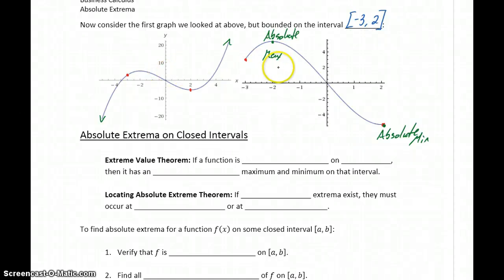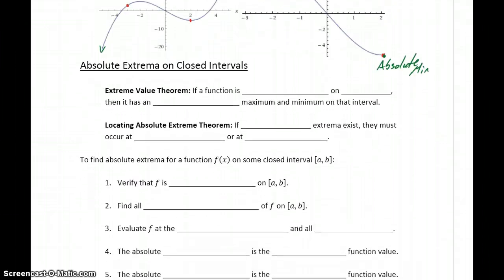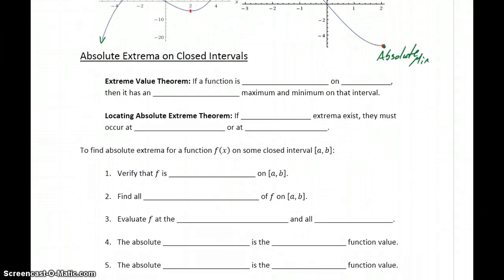These two graphs give us a visual representation of two very important theorems that we're about to introduce. So keep in mind what we did was took a function that originally had no absolute maximum or minimum because our function continued increasing to infinity, decreasing to negative infinity. Then we restricted the domain to some closed interval, and then we can identify both an absolute maximum and absolute minimum. So whenever we're dealing with functions on closed intervals,